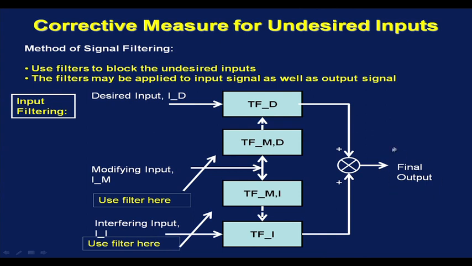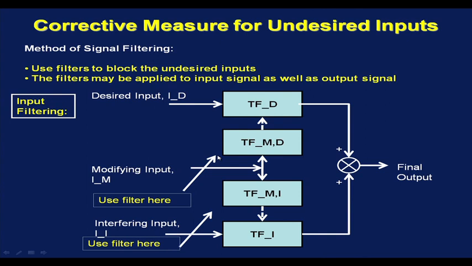I want this output to be sensitive to desired input only, but the instrument also responds, in the process of being sensitive to desired input, to modifying input as well as interfering input. So, if I can introduce a filter here